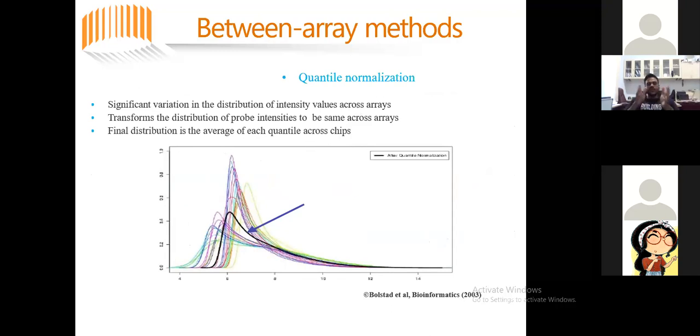The between array normalization, which will be commonly used in our microarray experiments, consists of the famous quantile normalization technique or the robust multi-array average normalization technique. As you can see, there is a signal intensity plot which is varying with respect to different colors. Why are there different colors here? Because each color represents the batch in which our subsequent samples are present. Ideally, the signal intensity must be equal for both the channels, either after batch correction, so that our analysis follows a normal distribution curve for differential expression analysis.